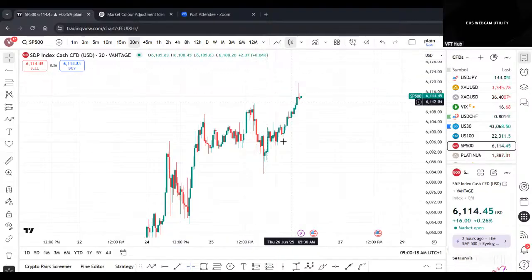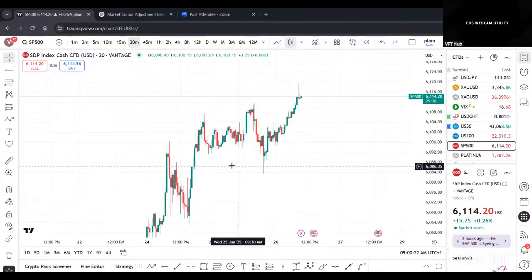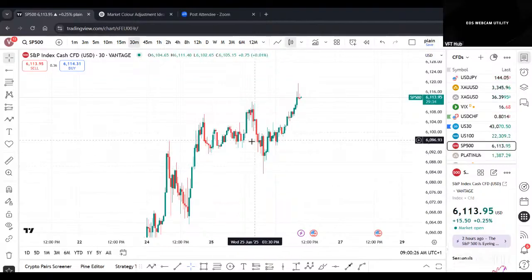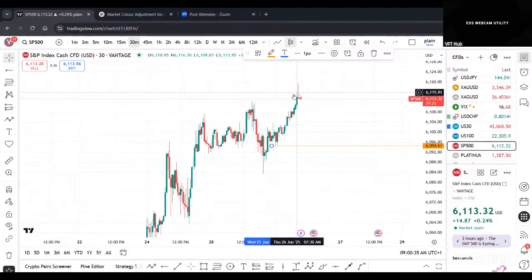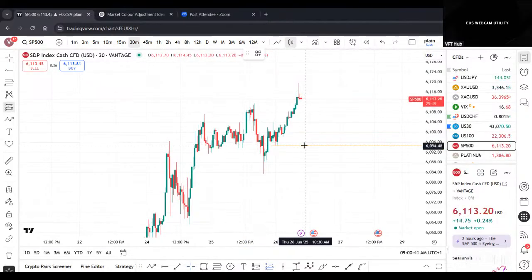All right, moving on. This is what we have on S&P 500, almost the same analysis as US100. However, on S&P 500, we have a clean sweep, and then we have some structural liquidity around this zone here, right? I also have a break of structure, and I expect that once price comes, we would see that rally again to the upside. Everything is looking good.